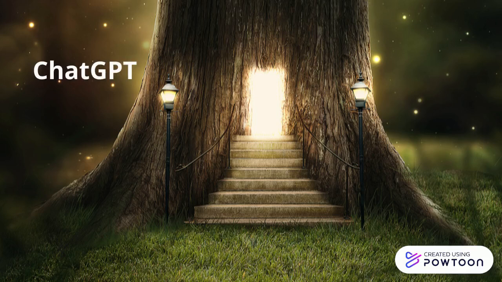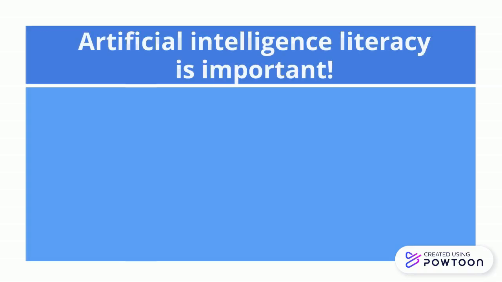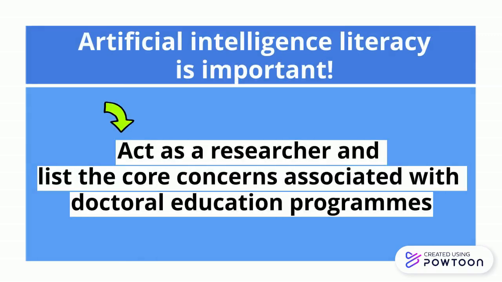So to start, remember AI literacy is important. You want to ask a useful question that will give the response you need. To begin with, I have asked the AI to act as a researcher. This is important because I want it to give me a response a researcher would normally write. Starting research can be daunting as you need to survey the field of knowledge to identify gaps. While the AI cannot necessarily do this for you, it can give you a starting point for your further research.